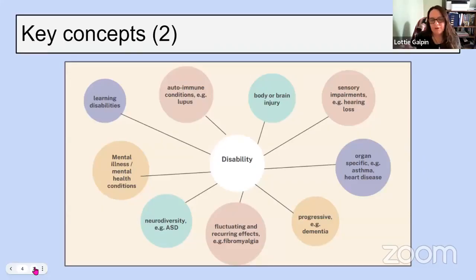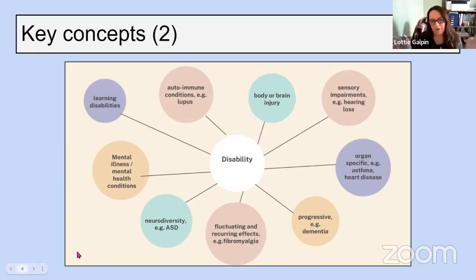The next thing I want to look at is what we put under this umbrella of disability. So what I'm using here is UK law, UK descriptions of disability, but the World Health Organization, the UN use kind of similar definitions of what comes under this umbrella of disability. So as you said, Teresa, quite often when we're representing disability in materials, the default that we go to is to represent wheelchair users, but there are a lot more kinds of disability that we could represent.